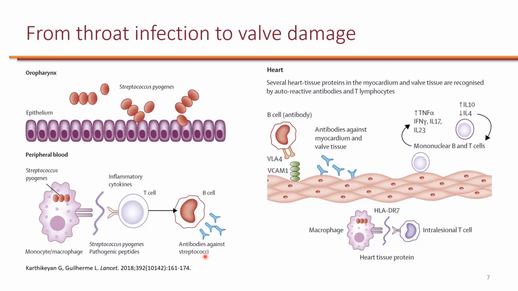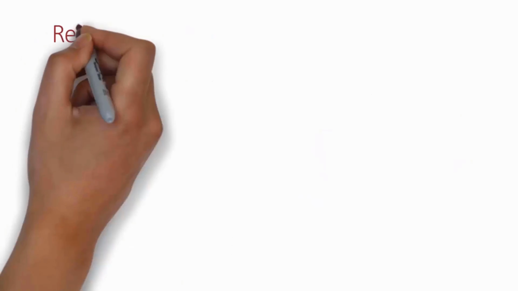against these streptococcus species. Now the problem is there are proteins in the heart that look similar to these antigens that come from Streptococcus pyogenes. So when the immune system has immunity against this strep, in the heart these antibodies can start attacking the myocardium and the valve tissue, which in time can lead to heart disease.